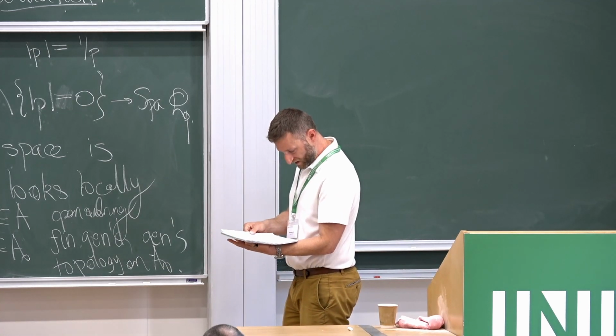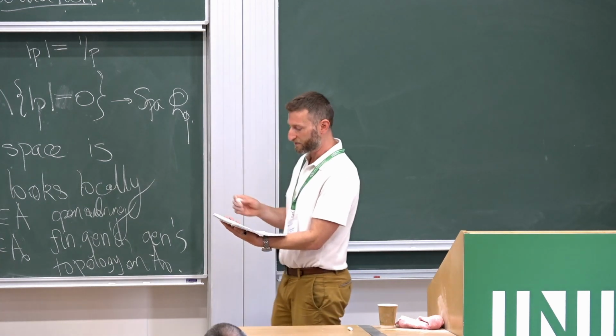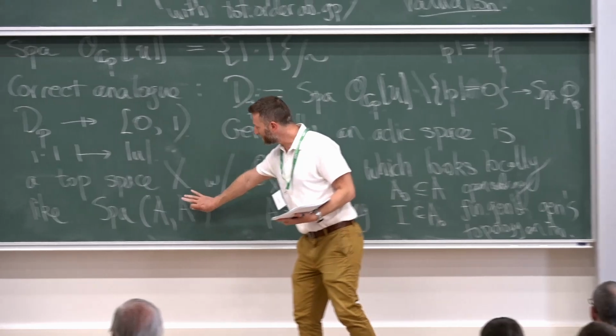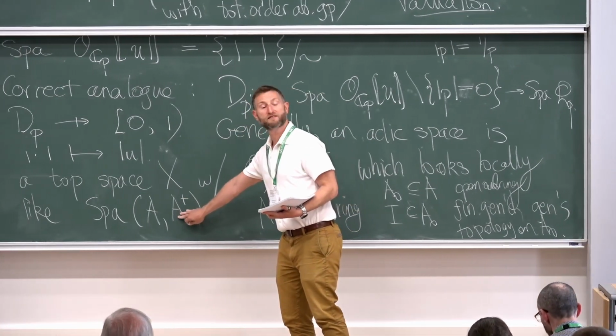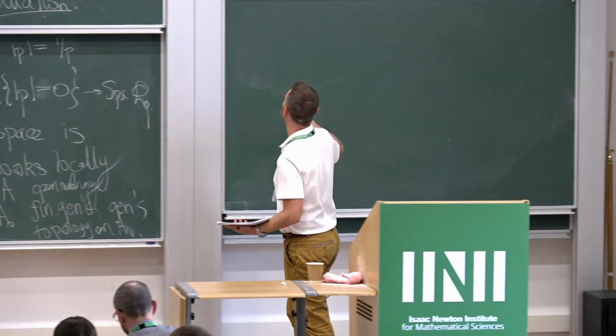Okay. So are we ready to talk about the Faltings isomorphism? Yeah, why not? Oh, I didn't say what this was. Well, just think of all of the continuous valuations on A that take absolute value less than or equal to 1 on the subring A plus, which you specified. I wouldn't worry about that right now.